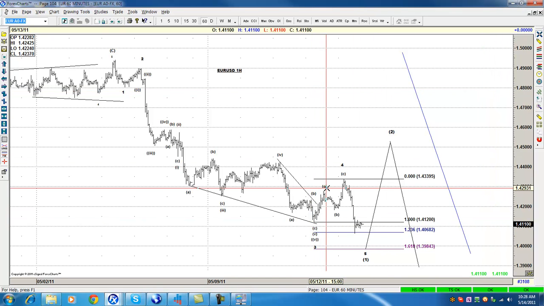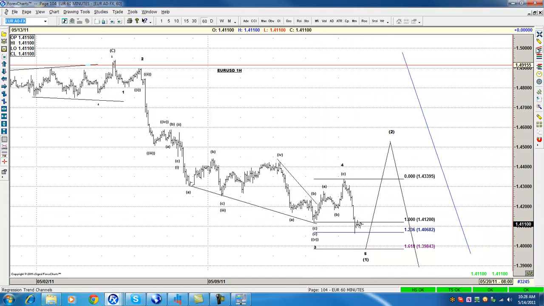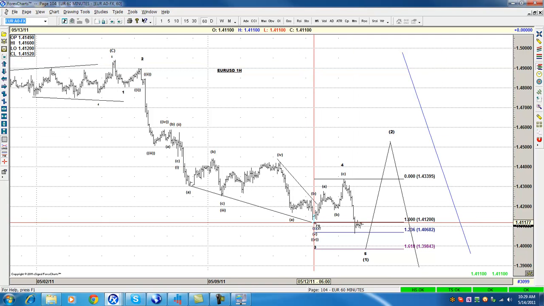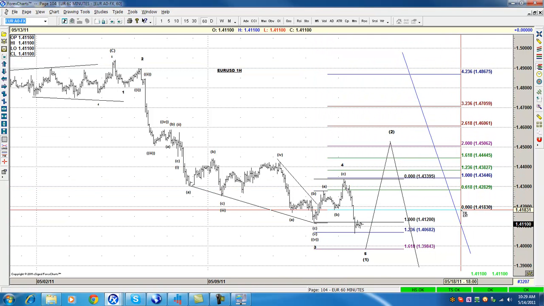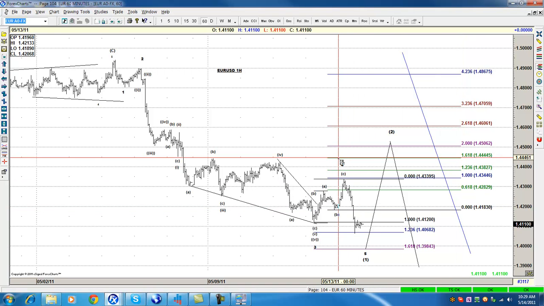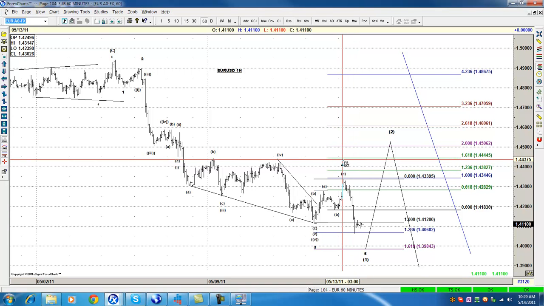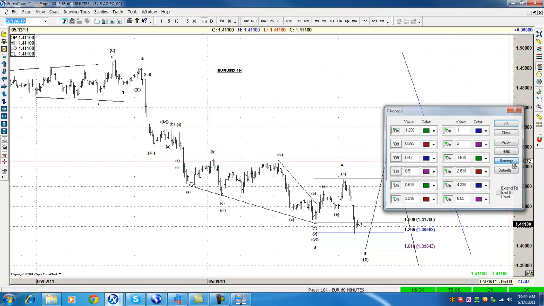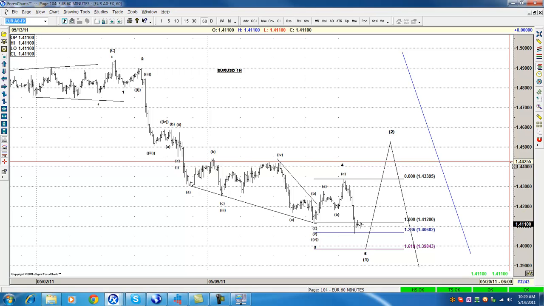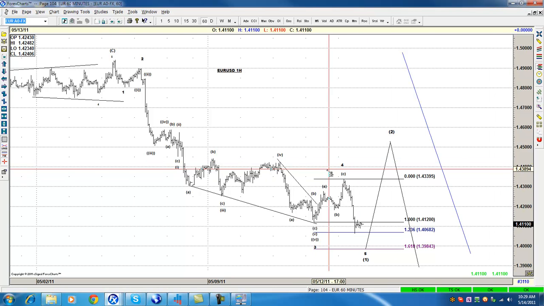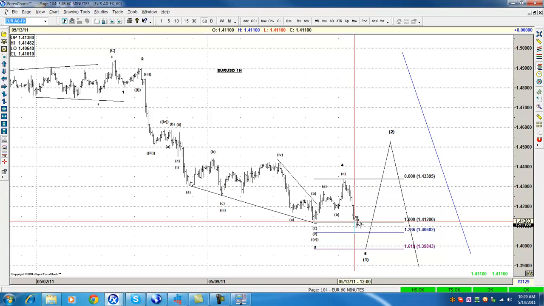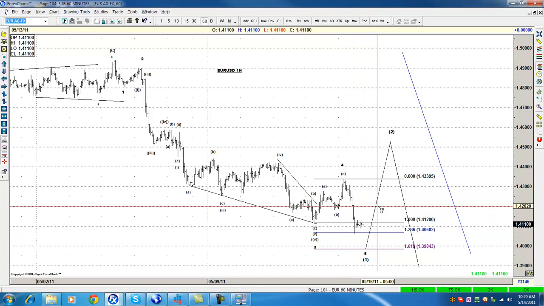For example, right here in wave A, after you got this A, the least that you can do is take the measure and go to the 61 of A, and you say that if it's going to be a 3-way correction, the most that it's going to be is around 144.44, which is the 1.61 of A. That's what we were expecting in a wave 2 top, because wave C or wave 2 does not go to the 261 of A or anything like that. Most 1.61 of A. That's what we need to wait on Sunday, because we know that 5 waves end here, and we need to see the magnitude of the bounce.